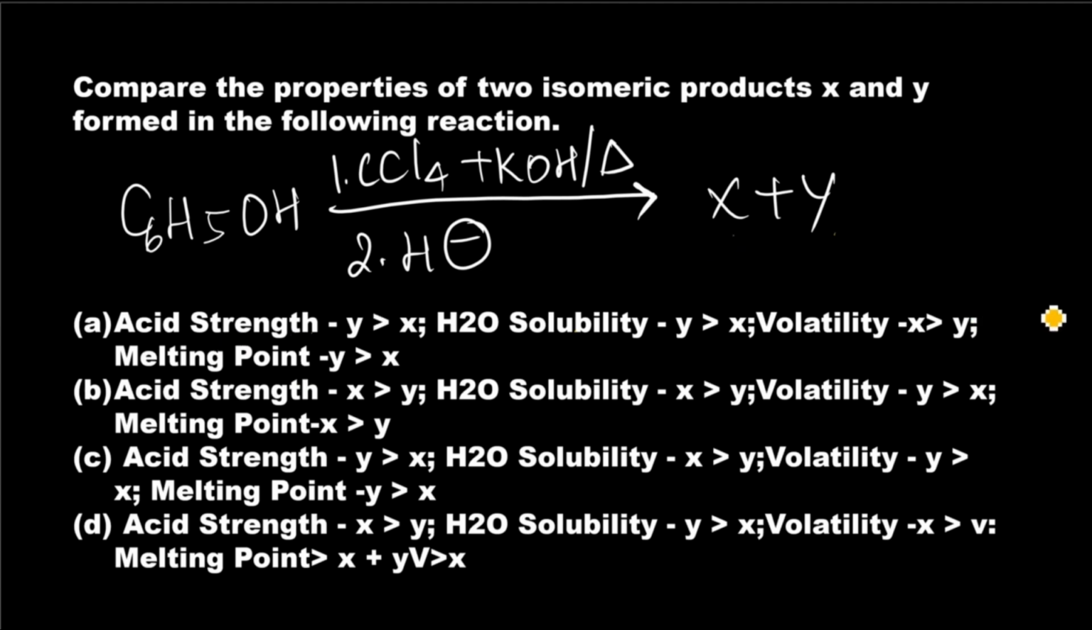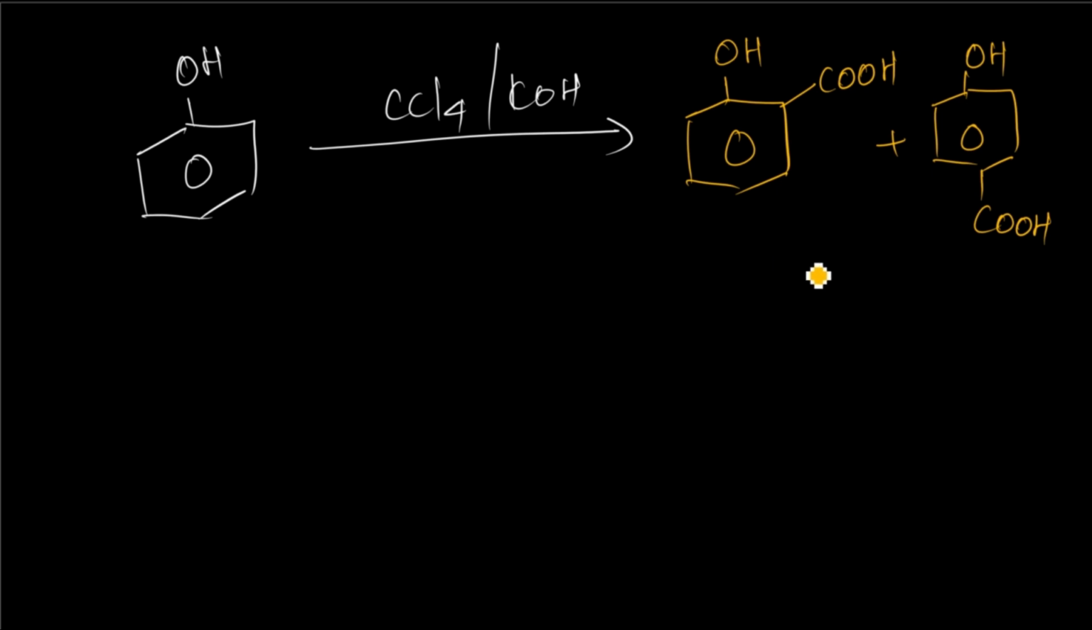X and Y are the compounds formed. Ma'am, which should be X and which should be Y? So let's take it out. Let me take ortho as X and para as my Y. So in the ortho product, there is extra stability over here. The extra stability is because of the